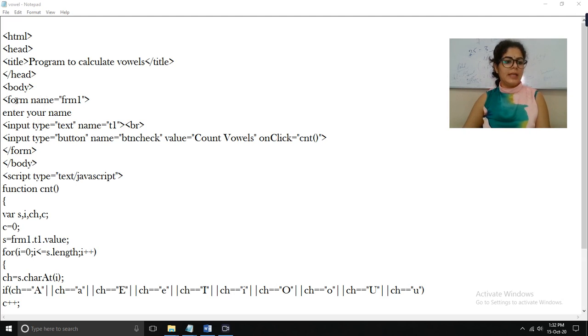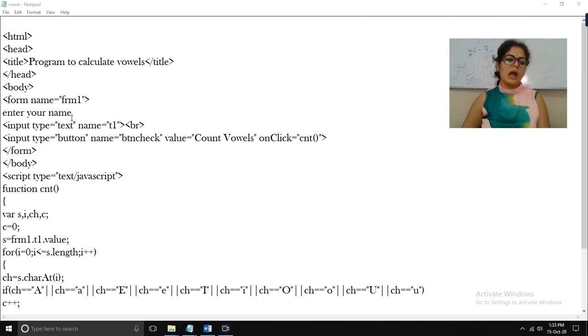So start with the form tag inside the body tag. This is the form tag, and the name that we have provided to the form is form1. You know that whenever we have to provide a name, we always have to write it in double quotes. So name is equal to form1, and you always have to write it in double quotes, and then bracket close. Now the next thing is, enter your name. This will create this line on your web page. Enter your name, and after that you require a text box where you have to enter your name.